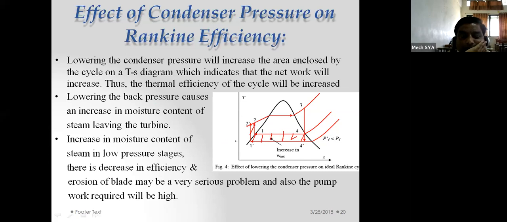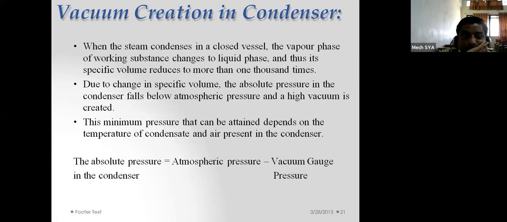So therefore, instead of going for atmospheric pressure, we expect that we should use vacuum pressure inside the condenser, which is less than the atmospheric pressure, so that the thermal efficiency of the plant will get increased. Vacuum creation means: in steam condensation in a cold vessel,